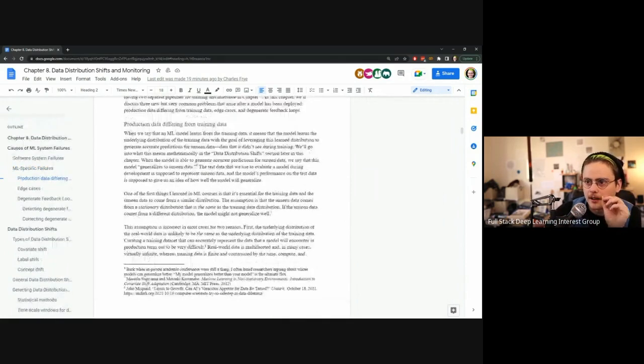So the biggest one is training serving skew, or production data differing from training data. I have been running into this recently. For example, with handwritten text images, the training data is white on a black background, but most of the things that people are going to submit are probably going to be black on a white background. If you aren't super clear about your data processing and production pipeline, these are the kinds of differences that can sneak in and cause your model to not do well in production.